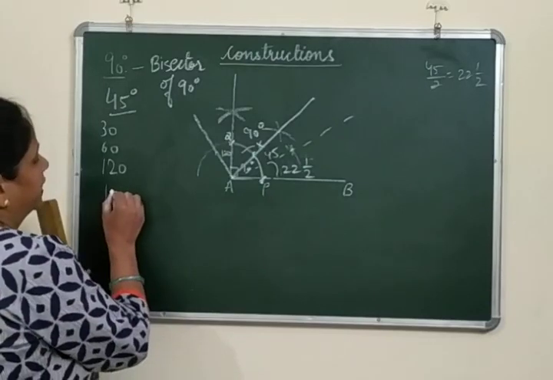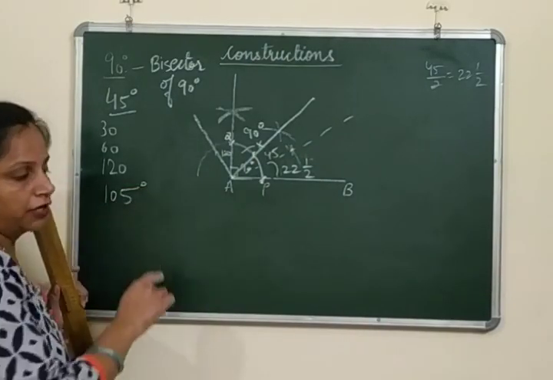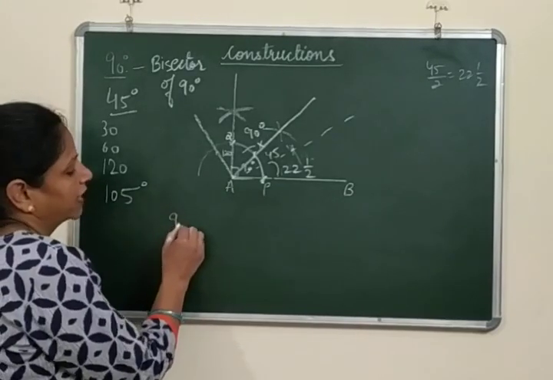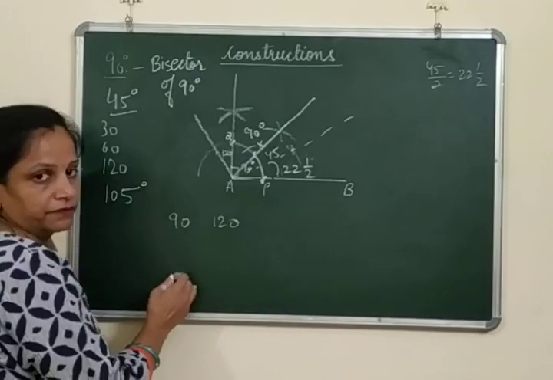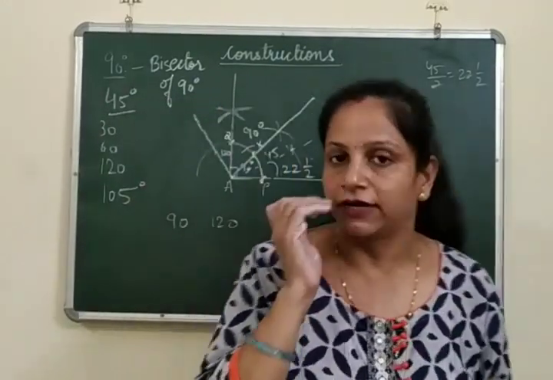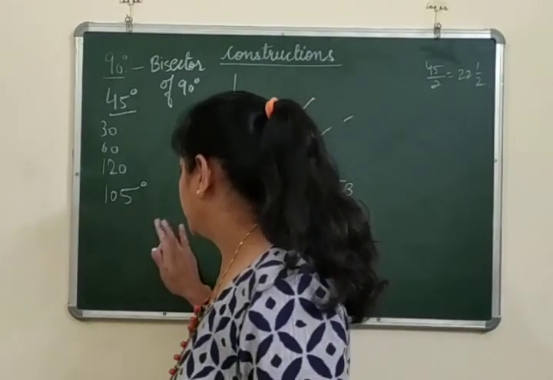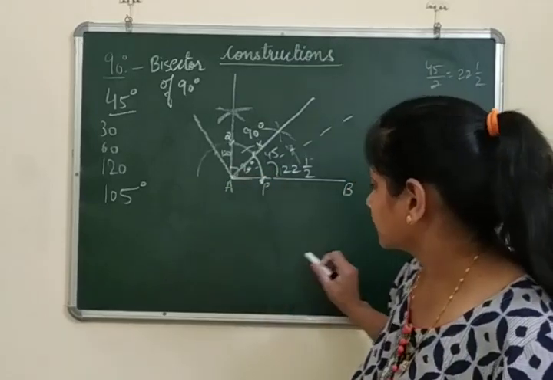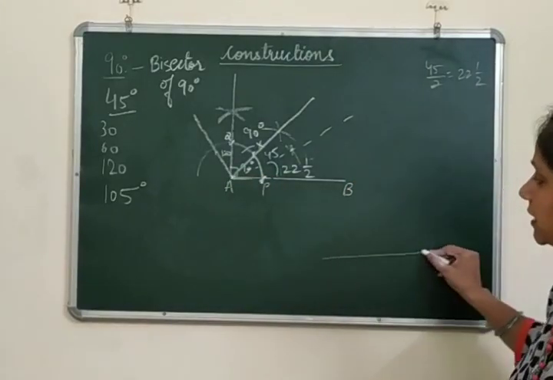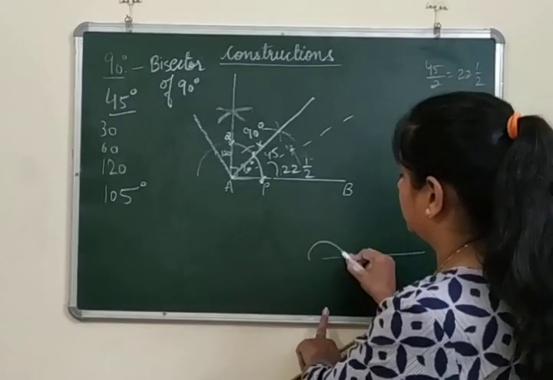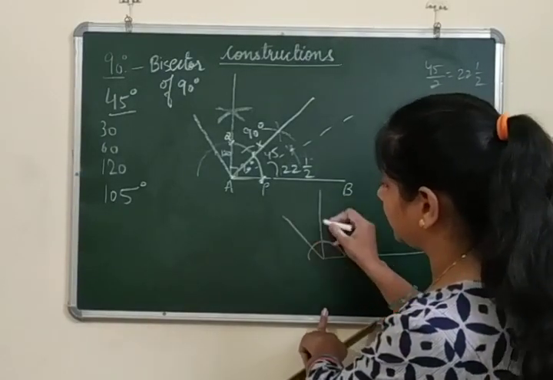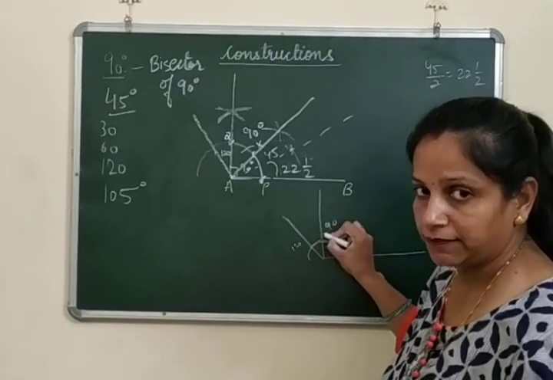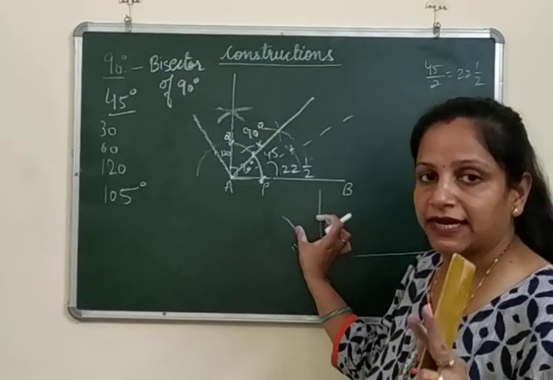Now sometimes you have an angle of 105 degrees. Now you have to remember how you can make an angle of 105 degree. For that, you have 90 degree, you have 120 degree. Means there can be various ways of making an angle of 105 degree. But first of all, we will be making an angle of 90 and 120. Now roughly see how 90 and 120 will be made. We make this, this is of 90 degree, this is 120 degree. What is the distance between them? This is 90, this is 120, so the difference of 30. This open part in the middle is an angle of 30 degree.